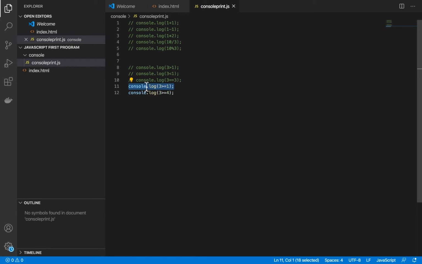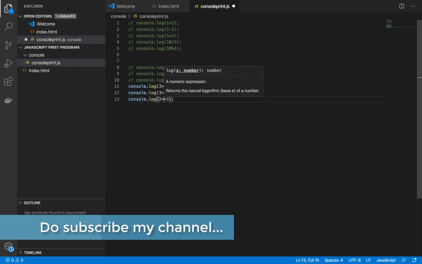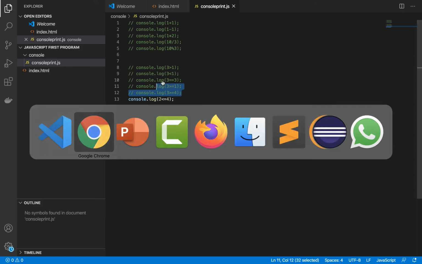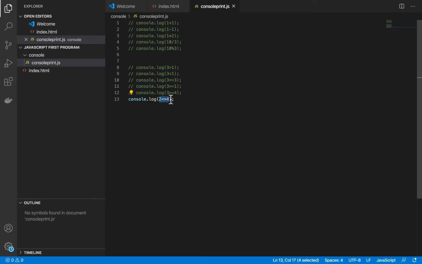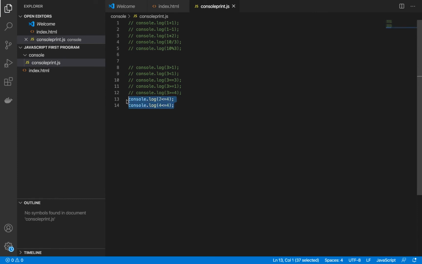Similar thing we can try with our less than equal to. If I provide 2 is less than equal to, let's say 4, hit save. Let me comment these two. And if I go here, it should be true because 2 is less than 4. And if I provide a similar thing, 4 is lesser than equal to 4, and I refresh it, it should be true again. So this is all about the logical operators that we use in our console or in any program that we are working on with JavaScript.